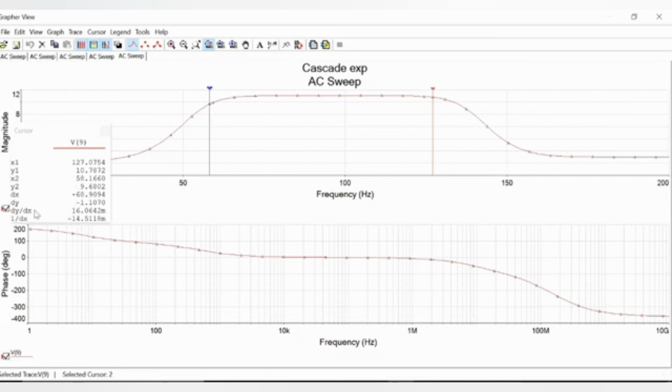First I want to know the gain of this cascade amplifier for this particular point. So dy by dx should be less than 20, so I have fixed it as 16.064. And for that, if I take the bandwidth, it is coming as 58.1660 hertz. So this is my bandwidth and the gain of this